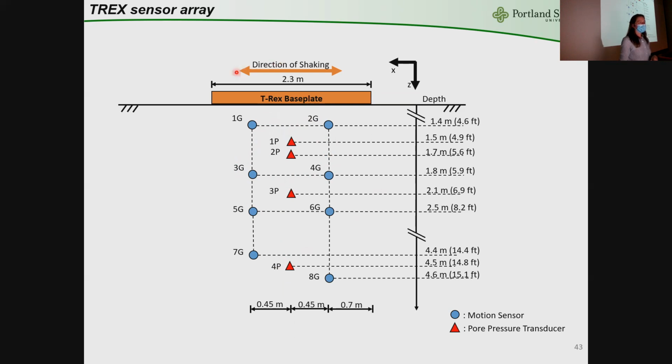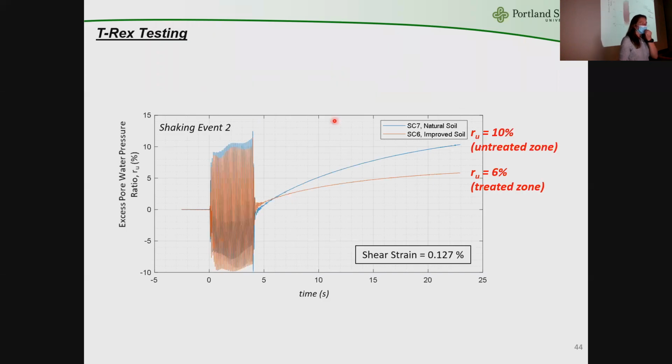And the T-Rex base plate sits on top and then shakes the ground and transmits that seismic wave. So this is some of our data that resulted from the T-Rex shaking with the excess pore water pressure ratio on the y-axis and the time, including the time of shaking, shown here on the x-axis. And so we're comparing the response of the untreated soil, which is the blue line here, with the treated soil,